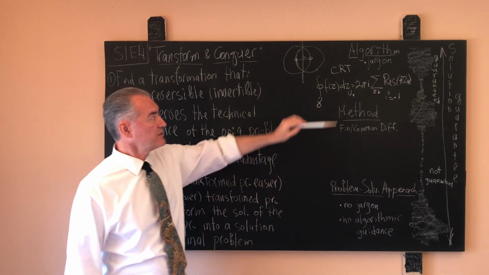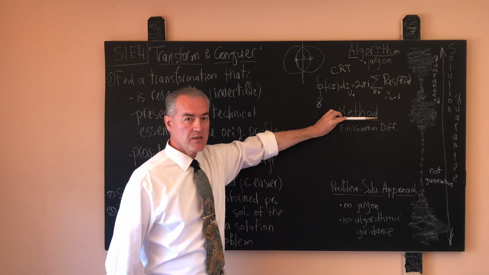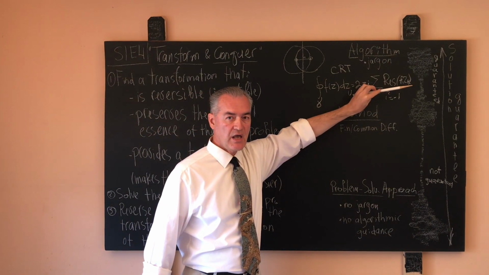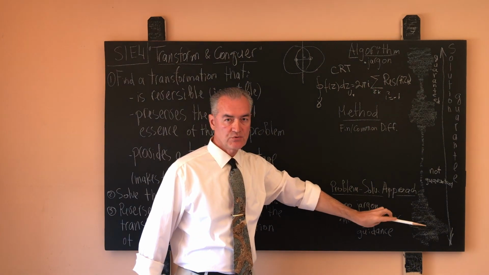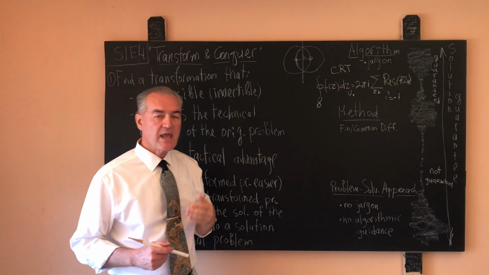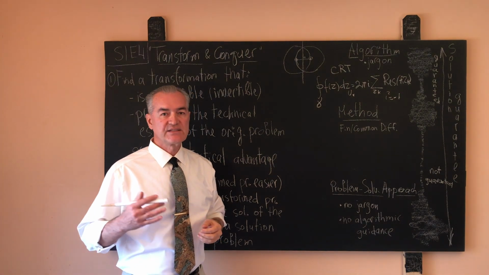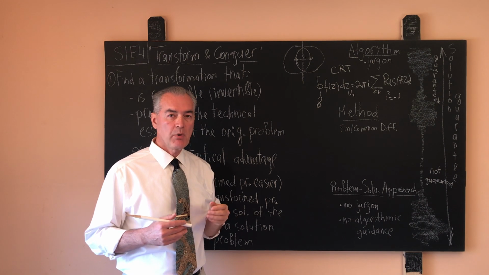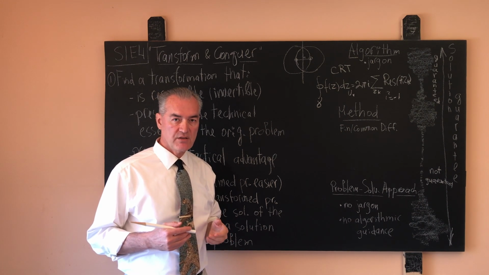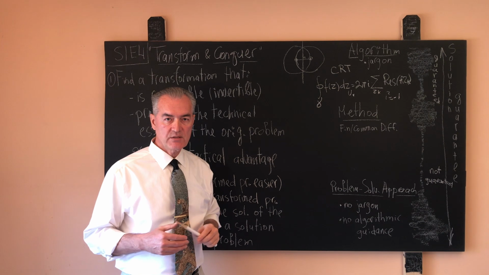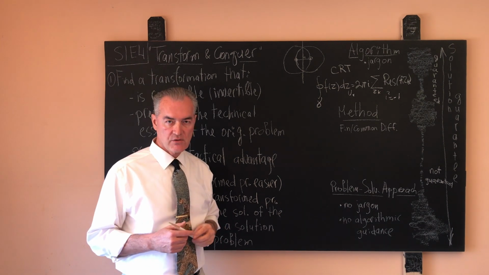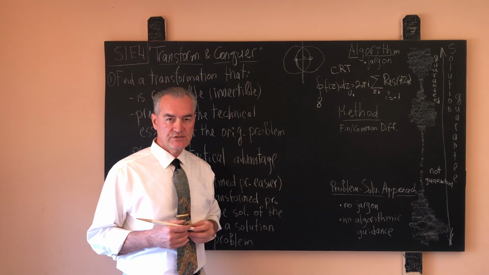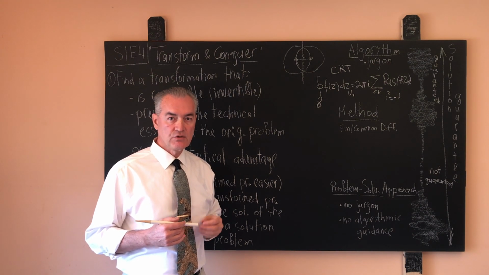Slightly below an algorithm, there sits a method, which I moved a little bit closer to the algorithm than to the problem-solving approach, because a method already does not guarantee a solution of the problem at hand. But if and when that method works, then such a method behaves like an algorithm. For example, let's say we're given a numerical sequence and we want